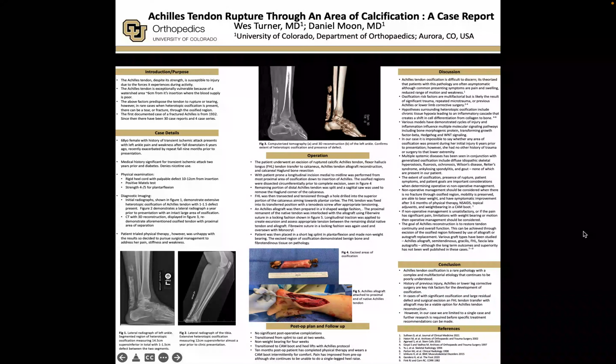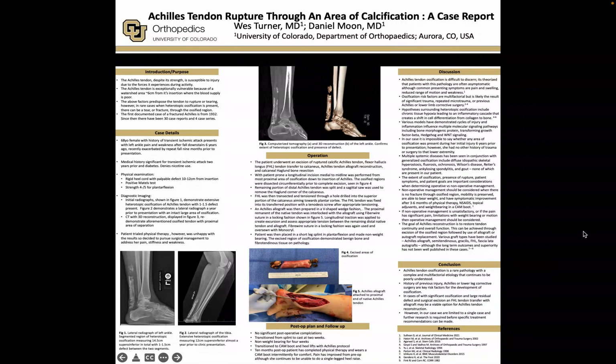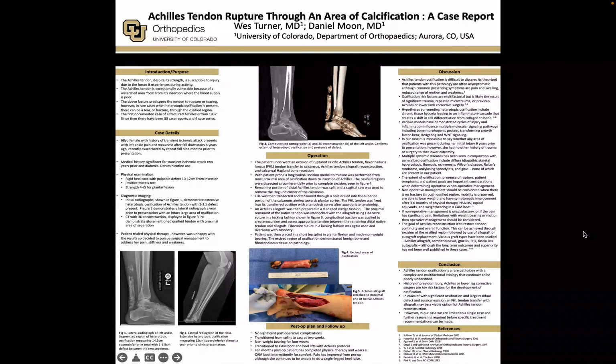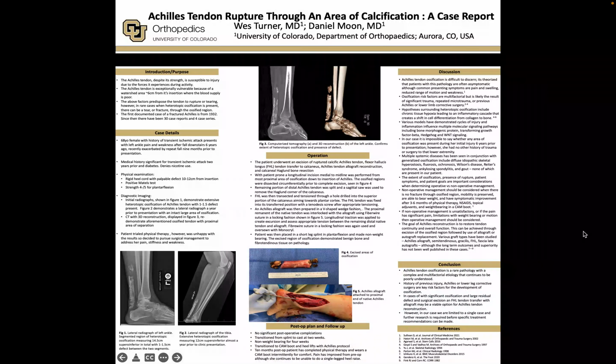There have been cases reported in the literature of areas of ossification present in Achilles tendons, which has been thought to increase the risk of injuring, tearing, or fracturing through those ossified regions. This was first documented in 1932, and since then there have been 30 case reports and 4 case series in the